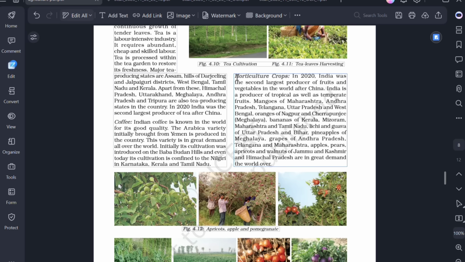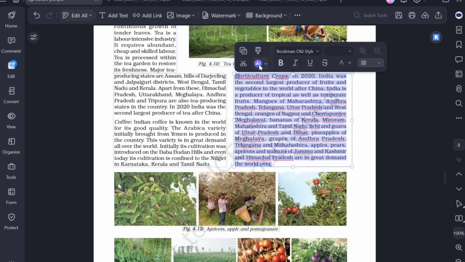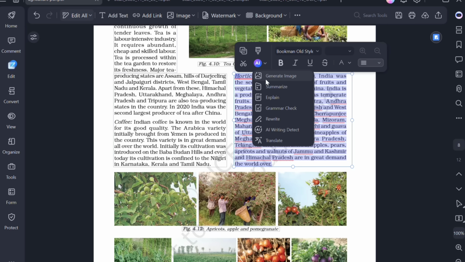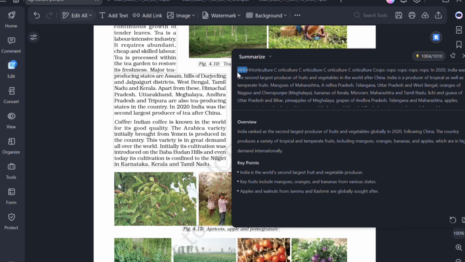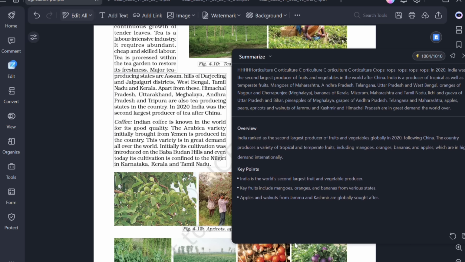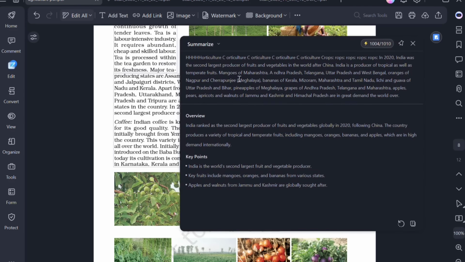In the agriculture chapter, I am facing difficulty in learning this particular paragraph because there is a lot of data in this paragraph. So I am just asking AI to summarize it for me into key pointers so that it is easier for me to learn those key pointers. Instead of wasting my time in reading the entire paragraph and then writing key pointers myself, the AI does that job for me, and this is really helpful when your pre-board exams and your board exams are so close.